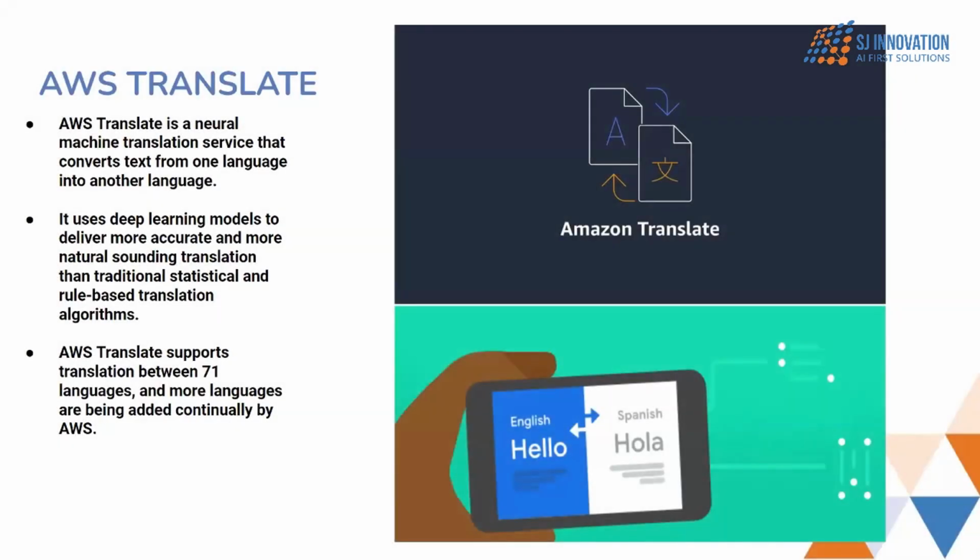Moving to the next service, AWS Translate. As simple as it sounds, the work of this service is basically to translate text to text. If you have text in English, it will translate it to any other language that you wish for. Typical use cases include international communication and translating of emails and documents, similar to Google Translate. Google Translate in the background uses a combination of services similar to Translate and Transcribe. First, it transcribes what you have said, and then it uses a service like AWS Translate to translate the text.